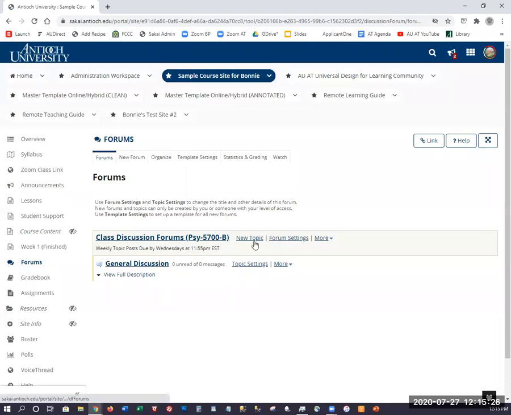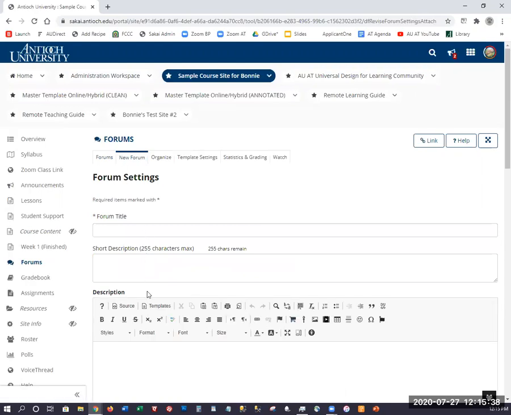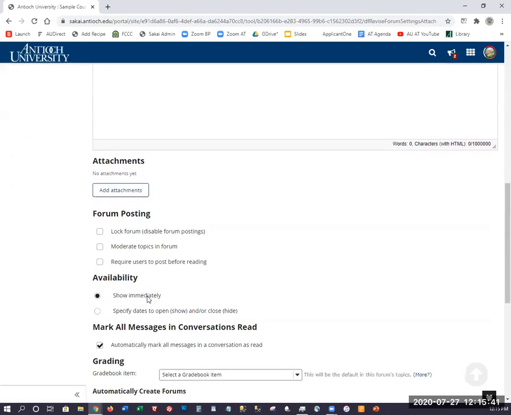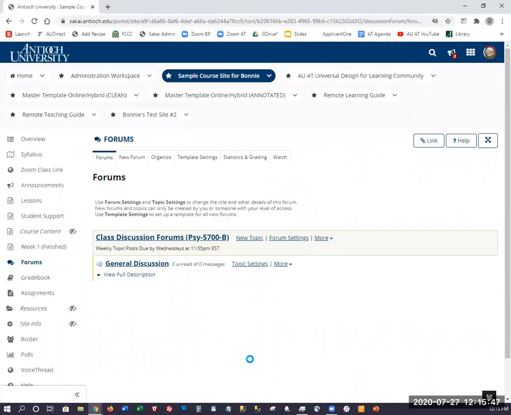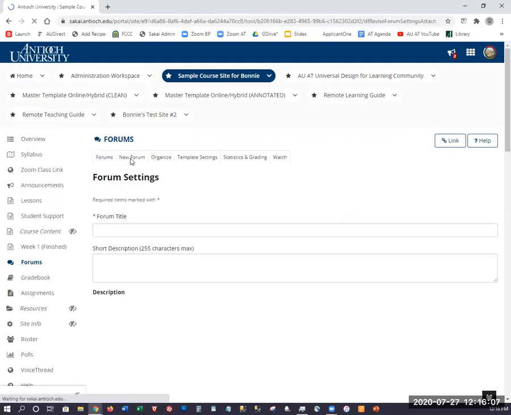Now that process of editing this forum by using the forum settings button is very similar to using the new forums button to create a new forum. You have all the same options. And the reason why I didn't create a new forum is because a forum's just a container. You don't usually need more than one of them in your course. Although there are times if you have weekly discussions and you want to put those in one forum, and then let's say you had a master's project forum that you wanted all the conversations about the master's project to be in a separate forum. That would be a totally good reason to do